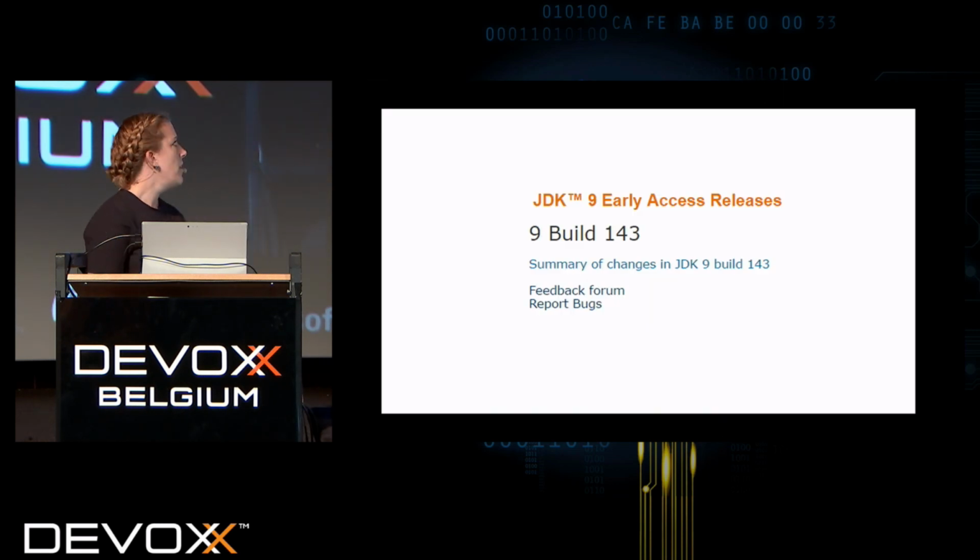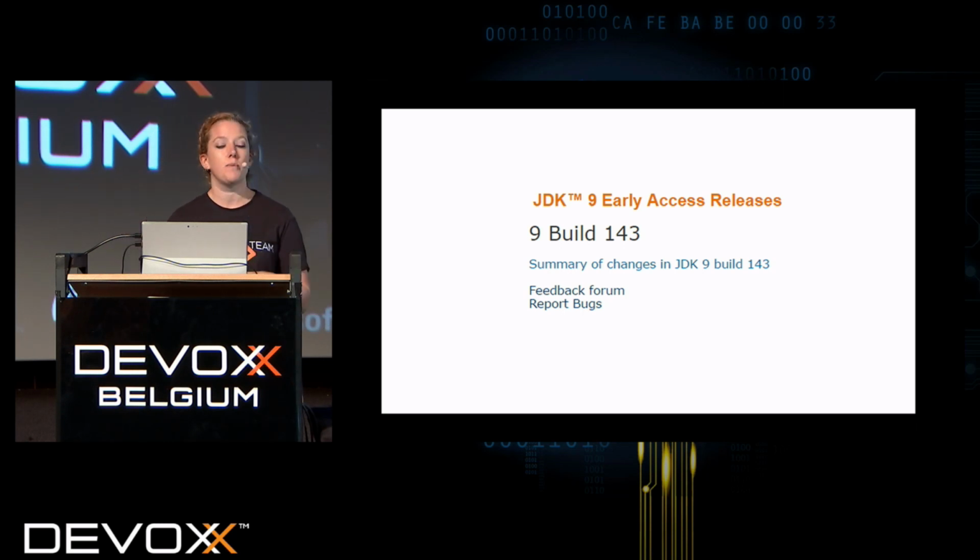So for this build, I'm using build 143, which came out really, really recently. So I definitely implore you to go download the EA. It's very stable. It's very good. It works. Use it against your code base for two reasons. One, to see if your code base actually works with Java 9 and to see where those things need to be migrated in your code. But two, if you find any unexpected behavior, you do want to report it back now before the Java 9 release.